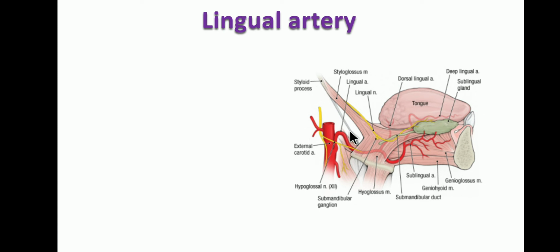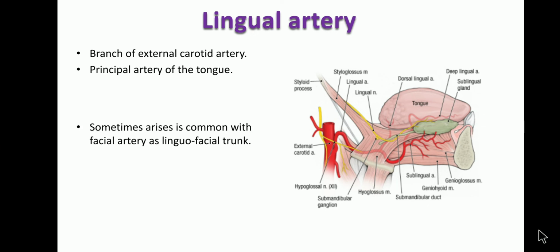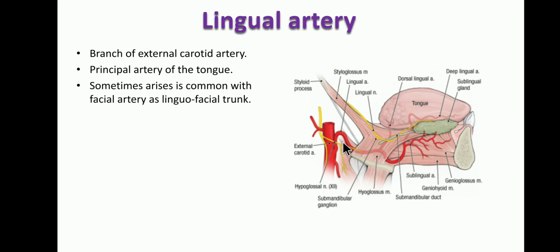So the lingual artery is actually a branch of the external carotid artery, anterior branches of the external carotid artery. It is actually given off in the carotid triangle. Okay, it arises directly from the external carotid artery or in common with the facial artery as the linguofacial trunk. So the principal artery to the tongue, the main artery which is supplying the tongue, is divided into three parts